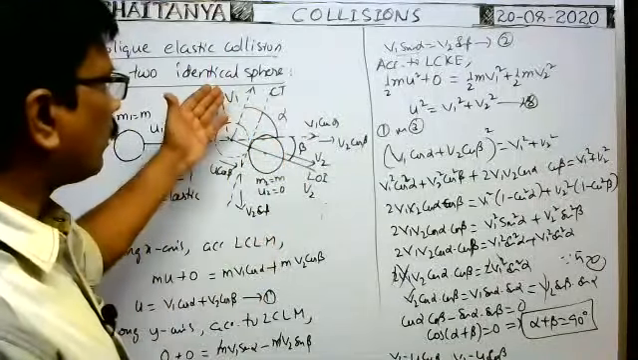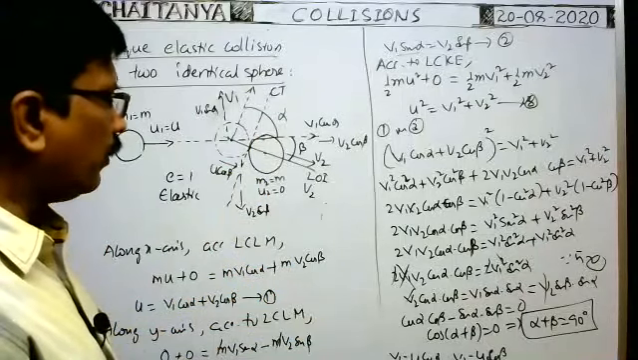Whatever the velocities of the two spheres after collision, v1 is equal to u cos alpha and